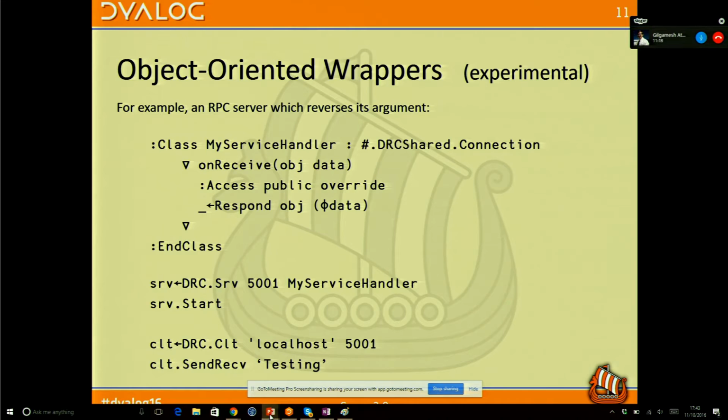And then there's a class factory where you can say, give me a server, listen on this port, and use the myServiceHandler class to handle any incoming requests. And then if you have an onReceive function, it will override what's in the base class. So it's very much easier now than it was before. Before you had to write your own. We had a sample, which was a loop, about 40, 50 lines of code. And then you could go and insert your logic in the middle there.